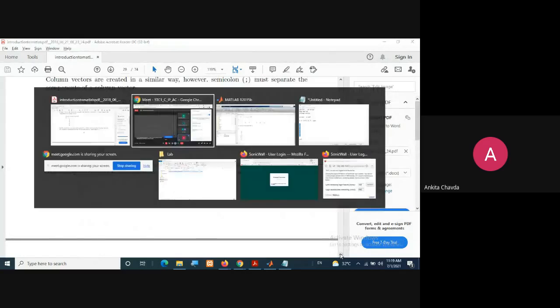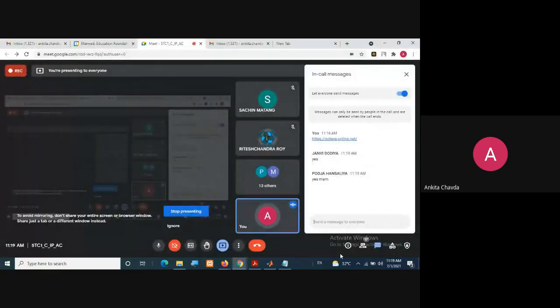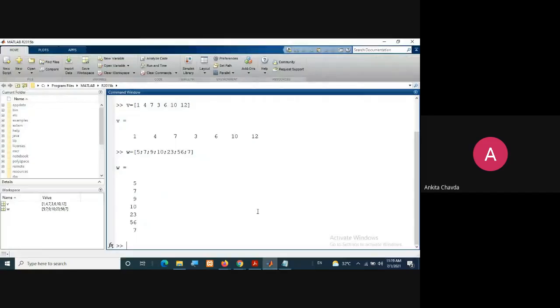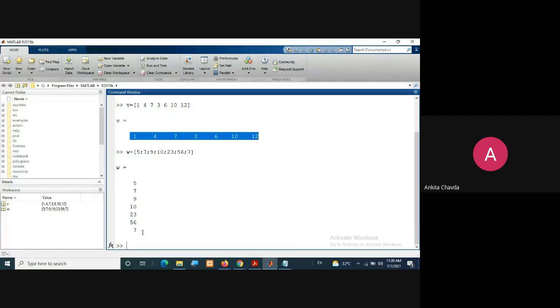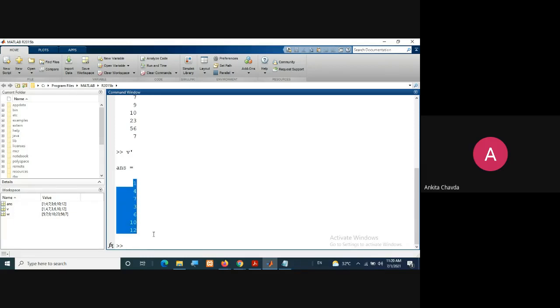Now if you want to convert any row to column and column to row, then what can we do? Suppose here V is my row vector, but I want it now as a column vector. So you can just do the matrix transpose, right? I'll just use V and dash. Dash is used for the transpose of the matrix. So when I do V dash, it will show me all the elements as a column vector.